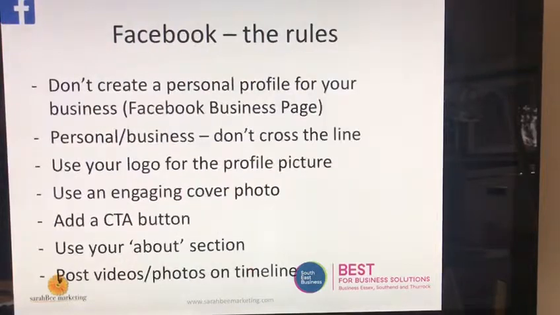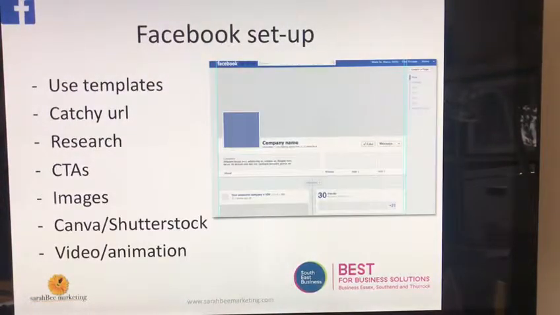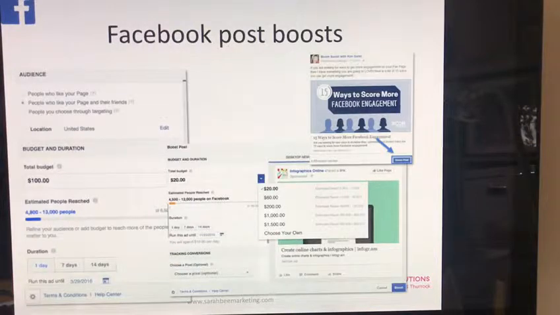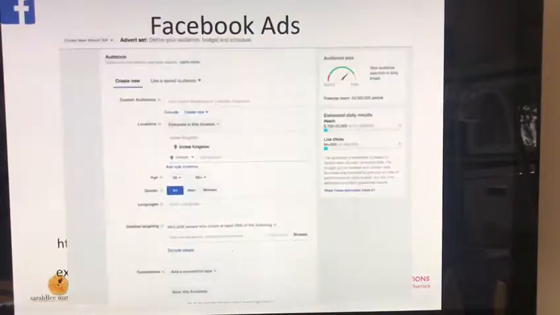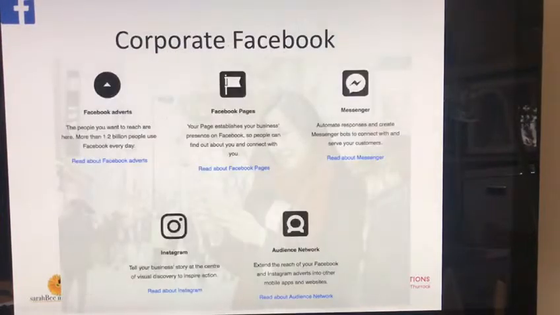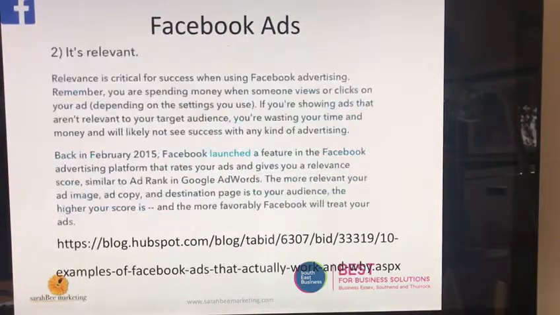Moving on to Facebook, we will establish whether Facebook is the correct social media platform for your target audience. We'll look at how to set up your Facebook account, best practice advice, including how to boost Facebook posts to increase your bandwidth, as well as how to create Facebook advertisements. We will look at Facebook analysis, and finally we'll look at corporate Facebook. Here we examine some top tips for creating